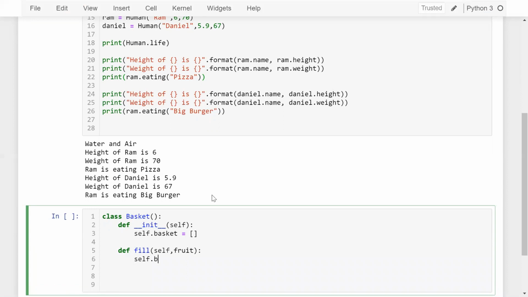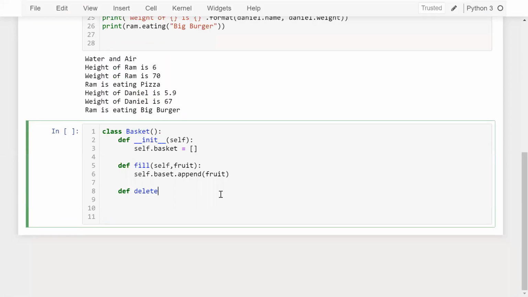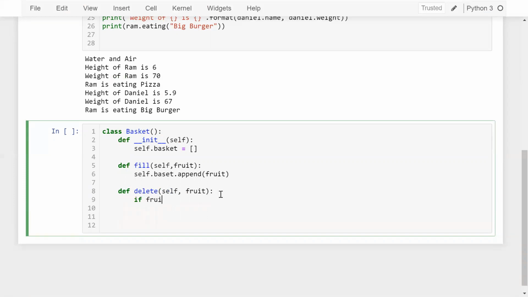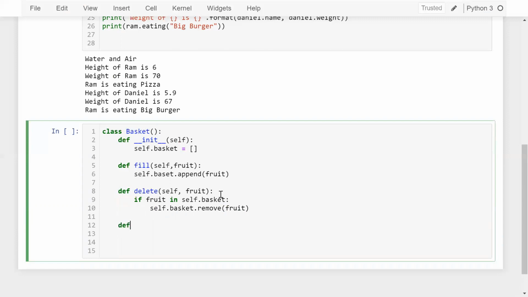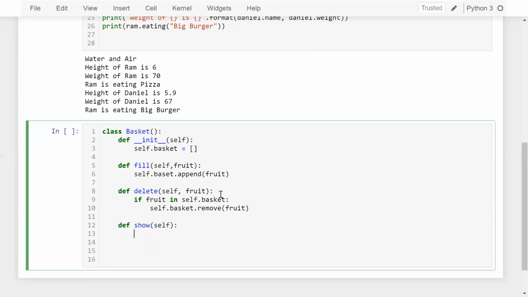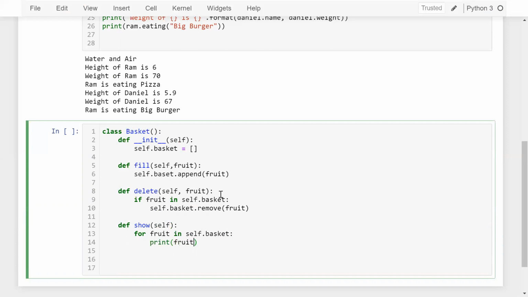So self.basket.append, and I want to append the fruit. And now def delete, I want to delete as well. So if fruit in self.basket, self.basket.remove(fruit). Okay, and now after that I want to show as well. So for fruit in self.basket, print the fruit.